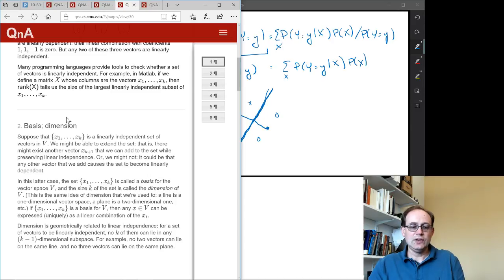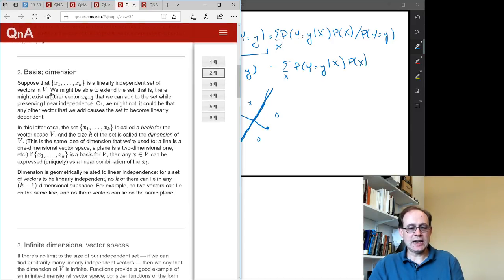All right. So let's start with a linearly independent set x1 through xk, and consider extending the set by adding another vector xk plus 1. The new vector might allow the set to remain linearly independent, or it might cause them to become linearly dependent. If it's the case that our set is currently linearly independent, but every possible vector that we could add to it would cause it to become dependent, in that case, the set is called a basis, and the size of the basis is called